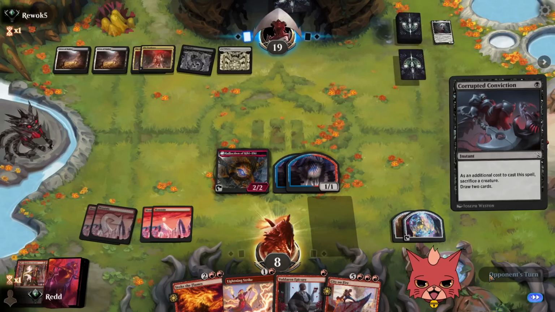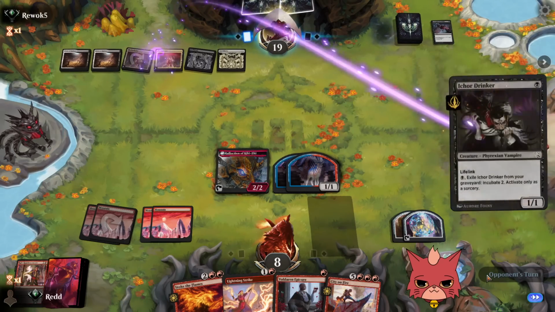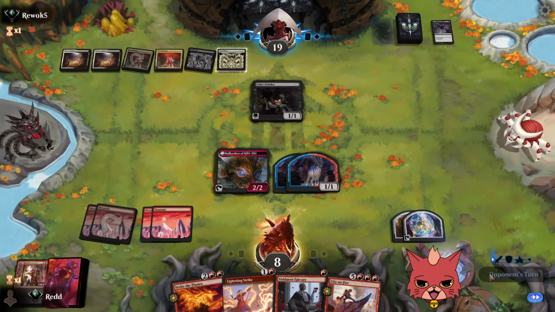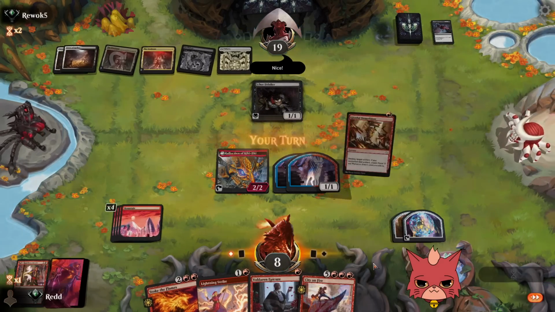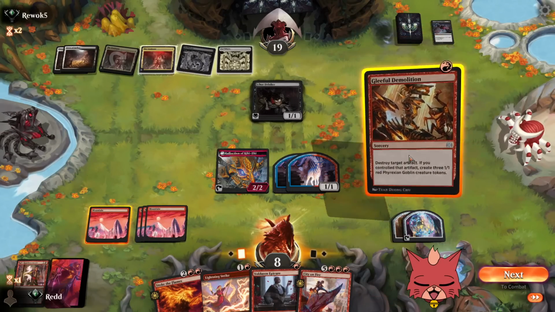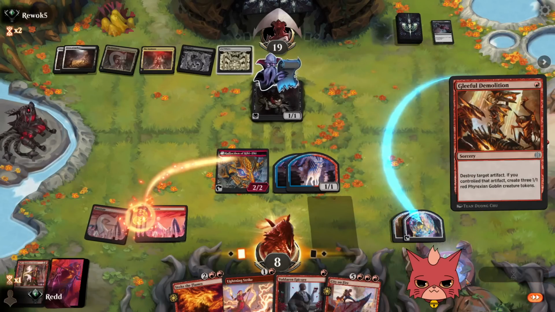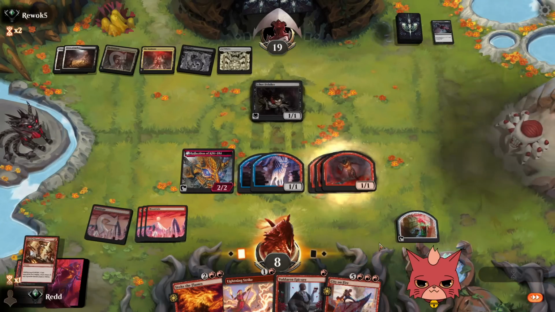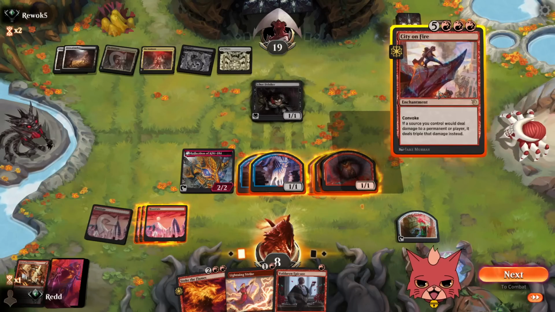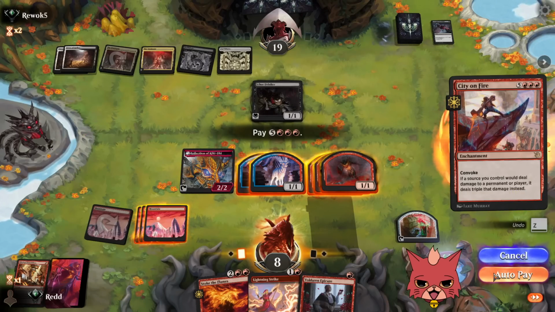Draw 2 cards. Oh, nice. Stock up the hand a little bit more. Another Drinker. Okay. So if we can pull off the city on fire, they drop the... nice. Okay, nice. So this is really good. We'll take care of the treasure. See, we go 1, 2, right? So like this, keep the...